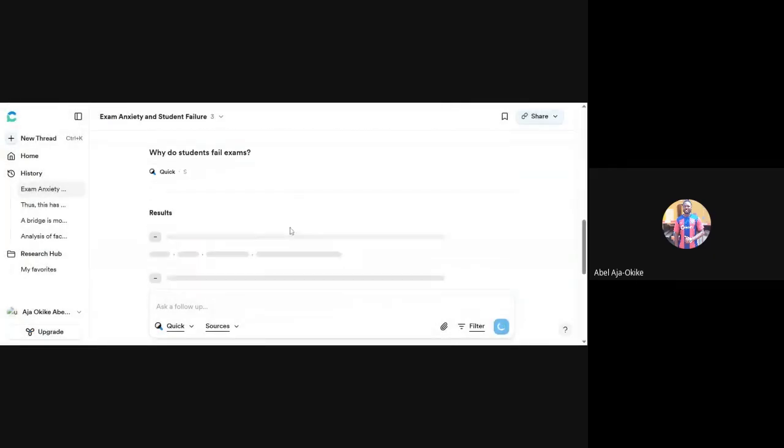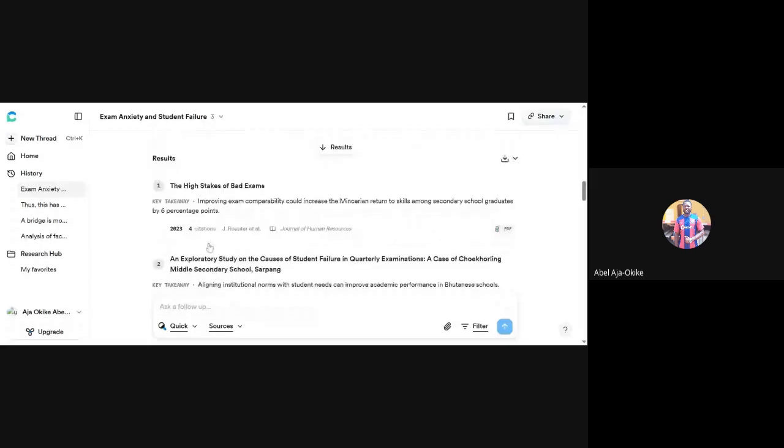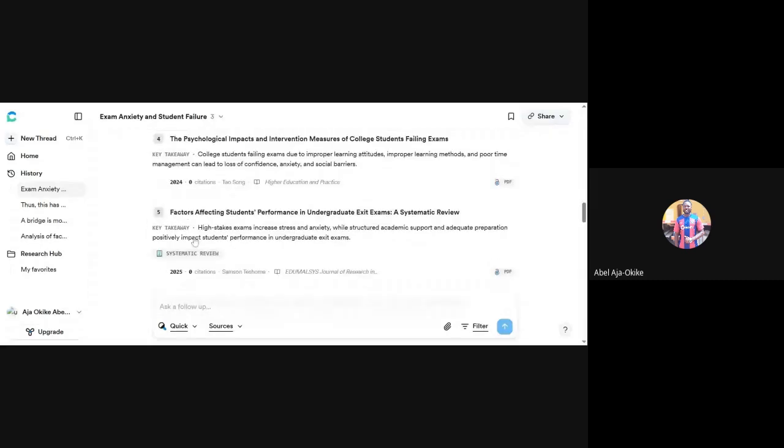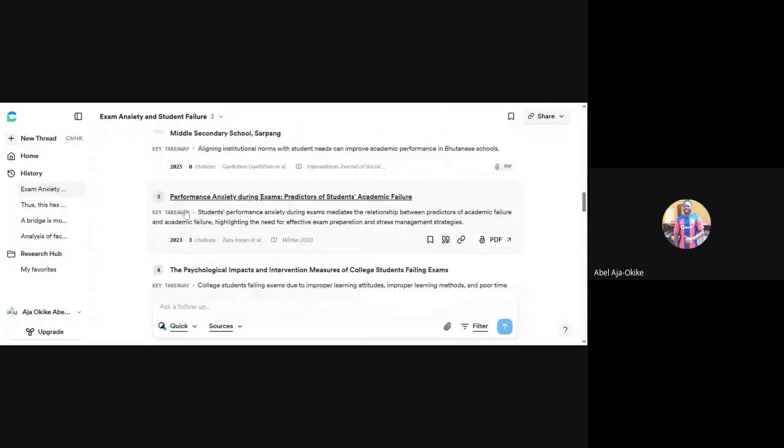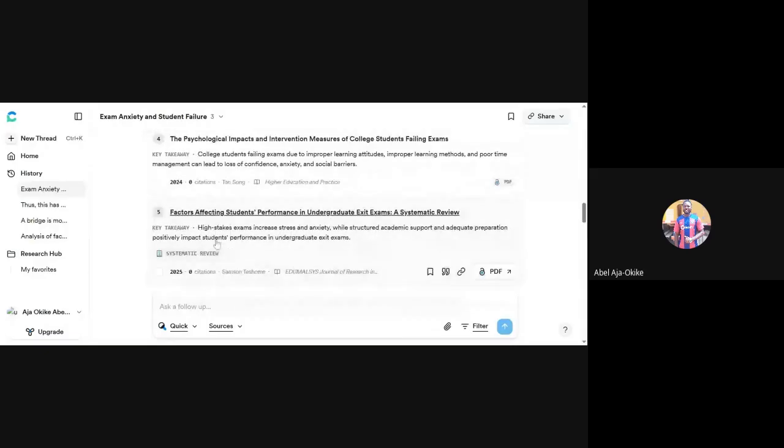We click on apply. So I want you to bear in mind that okay. So that is it. You can see now that from this latest one that we got, every year highlighted was from the last 5 years, according to our prompts. This is 2023. This is the journal. These are the authors. These are the number of persons that have cited it. So if we click on citation and we copy this to our reference, this web page will count it as a citation. Yes, it will count it as we've cited the paper. That is it.